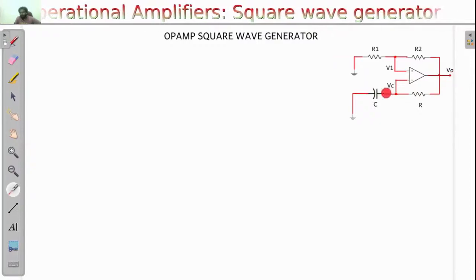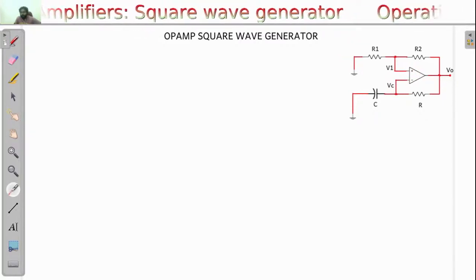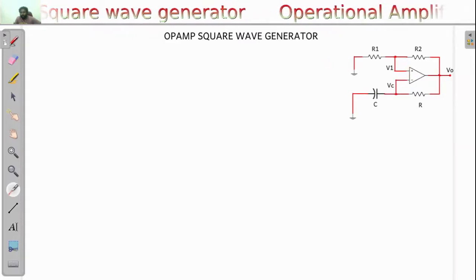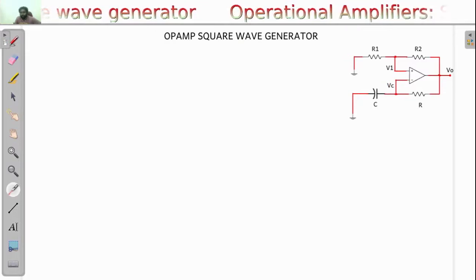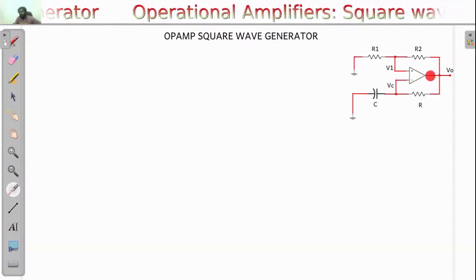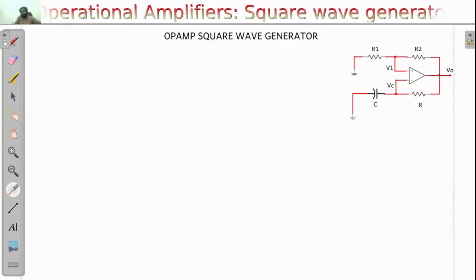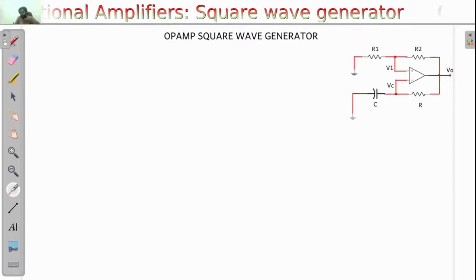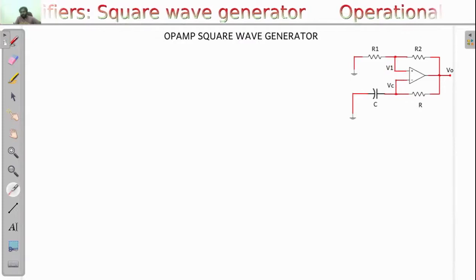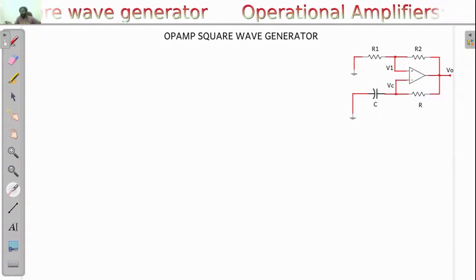This negative voltage will be charging the capacitor, trying to make it equal to the negative saturation. But the capacitor's voltage is connected to the operational amplifier, and when it is compared with the non-inverting terminal, the voltage difference will be decreasing. That is, Vc will get reduced and go below V1. In such a way, it will drive the output of the op-amp to positive saturation again, and it will again oscillate. It goes to positive saturation, back to negative saturation, and again to positive saturation. So it is a play between V1 and Vc. Vc increases and goes above V1, Vc decreases and goes below V1. So the output goes to positive and negative saturations.